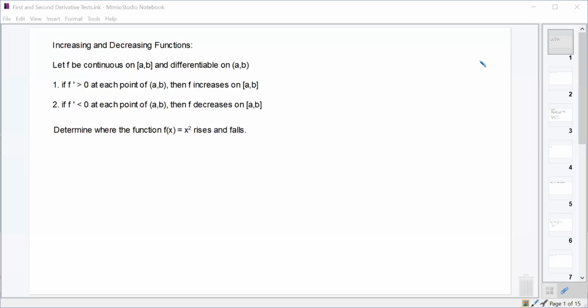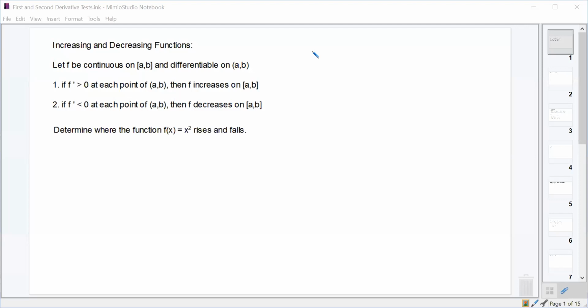So today what we're going to look at is how the derivative and the second derivative affect our functions, and how we can really get a clear picture of what a function looks like based on its derivative and second derivative. So one thing that we talked about last time and the time before is that whenever our derivative was